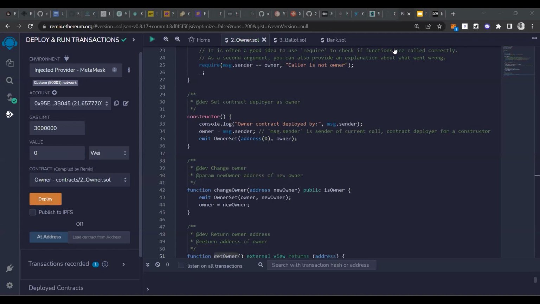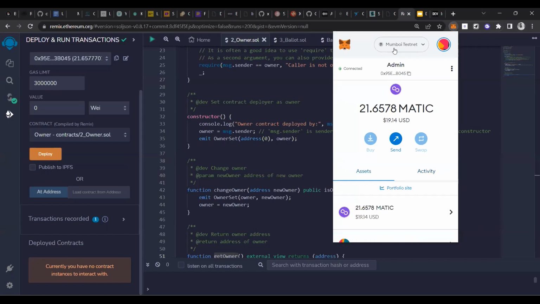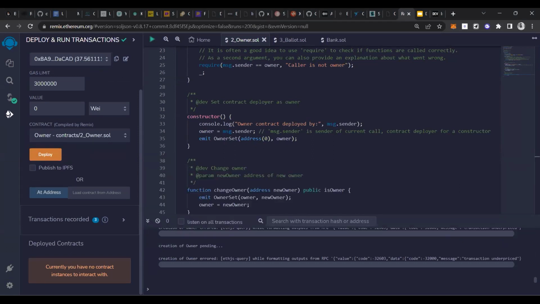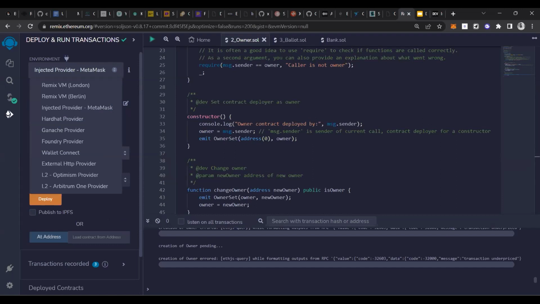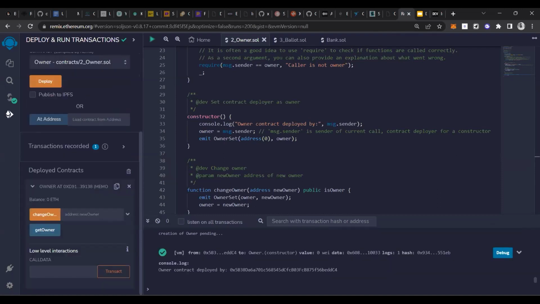Here it is showing that the network is busy, so we simply go to the high gas fees option and give a high gas fee to confirm our transaction in a small amount of time. We are using the Mumbai testnet, so it's taking some time. Okay, currently the injected provider can't figure out exactly which blockchain it is. So let's try with Burner. It's deployed through Burner.